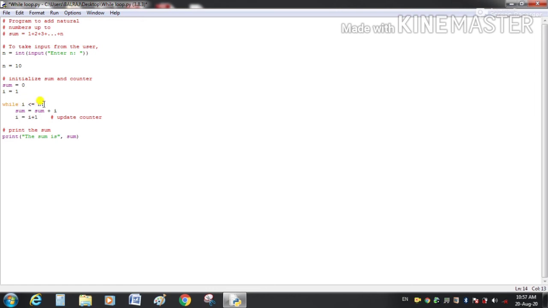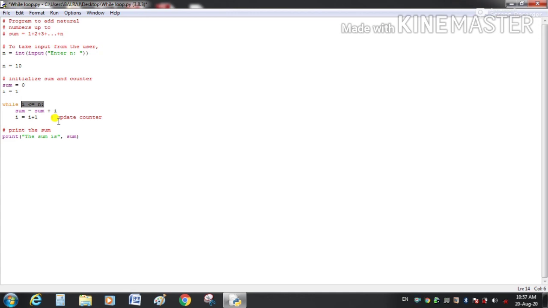Condition is again true. In this way this loop will execute until the value of i becomes greater than n. For the value 11 of i, this condition will become false and the loop will not execute.